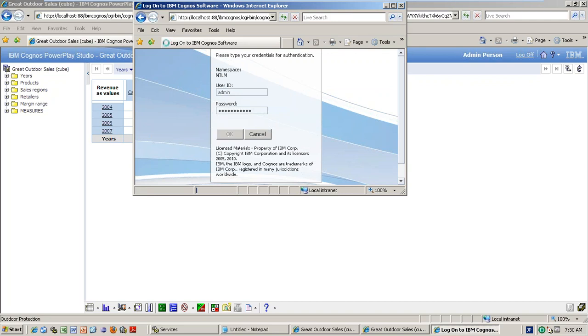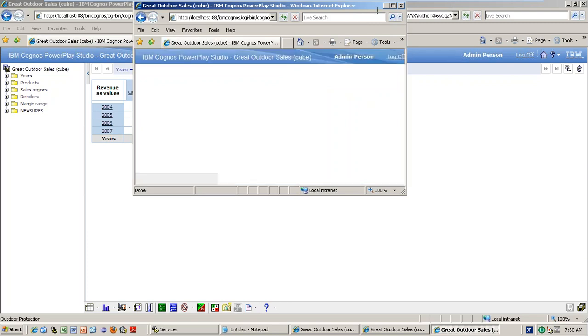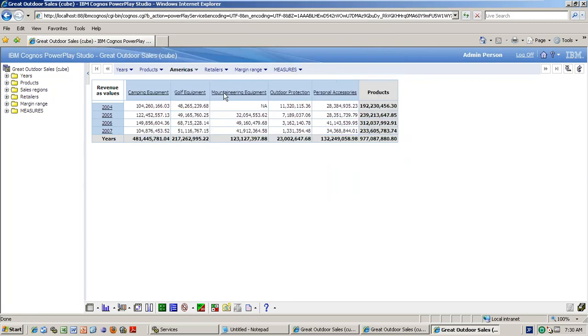Normally what will happen, it will go to the public folders, right? But now you just observe that one, it is not going to the public folder, it will directly take you into the cube, and whatever selections you have selected will also be there. So what is happening? It created a bookmark and it provided you a URL.